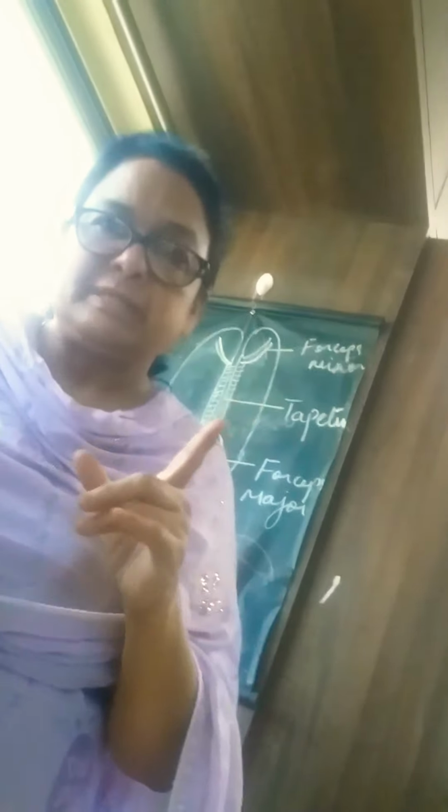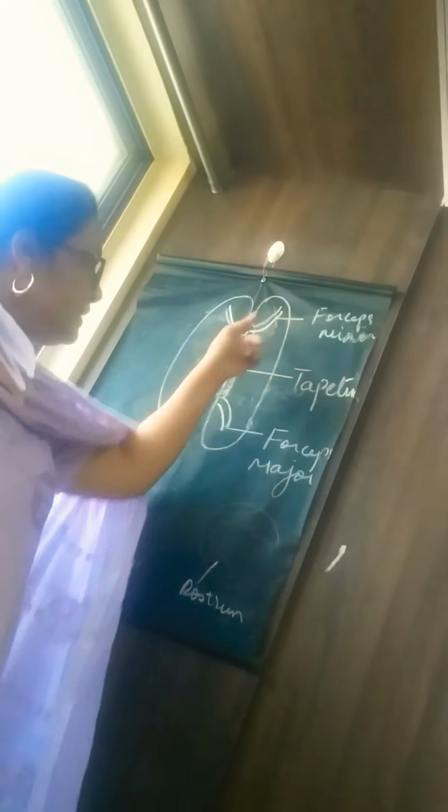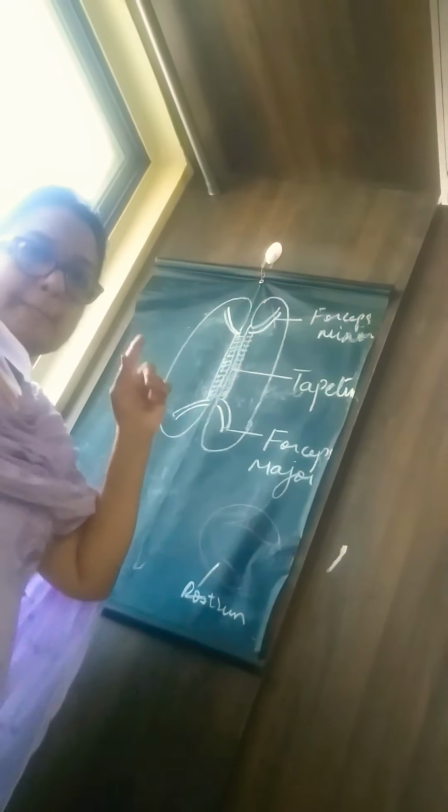The fibers of the corpus callosum, they connect the various parts of the cerebral hemispheres. The fibers are anterior, posterior and the middle fibers. You got it? The fibers of the rostrum connect the two orbital parts of the frontal lobe. The forceps minor connect the two frontal lobes. Got it? The forceps major connect the two occipital lobes, and the tapetum connects the two middle parts of the cerebral hemispheres. Now this tapetum, it forms the roof of the lateral ventricle.